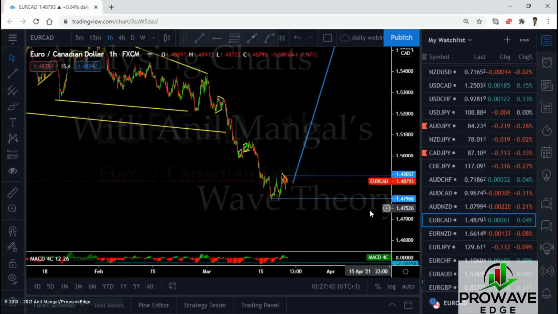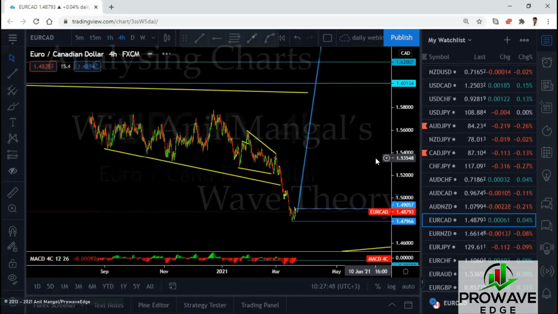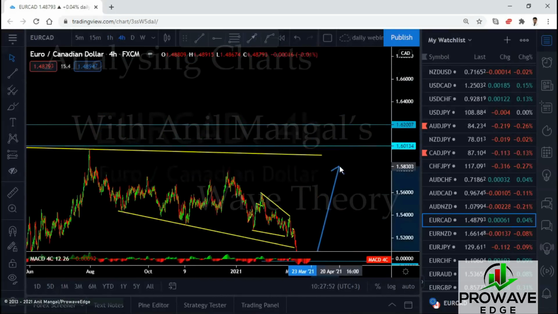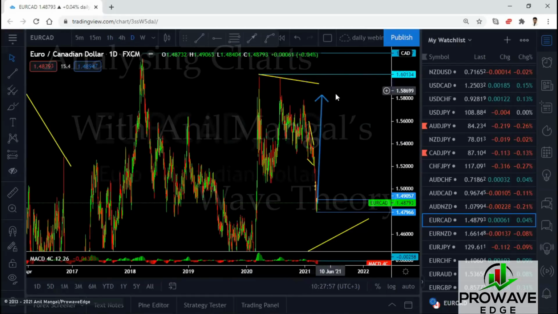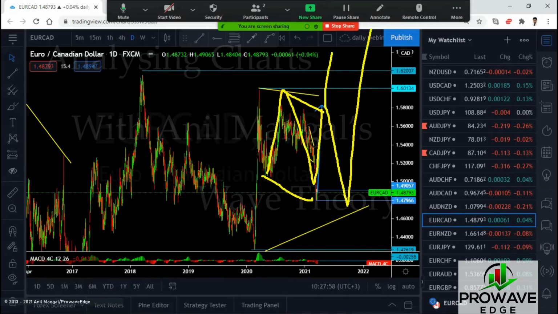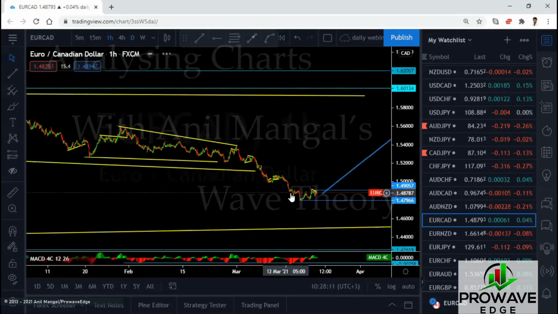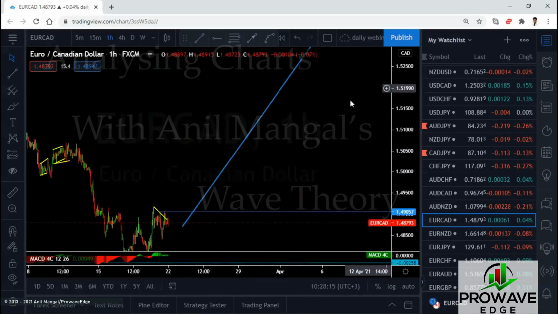EuroCAD, we're looking for the buys, and there's a good chance that this could go really high. You want to focus on that buy setup because it might come to test the top, or they might just come to about this level, depending on how complex this pattern here would be. We made a low. If they're going up totally, that's okay. But if you're making a flat here like this, then you would get 1, 2, 3, come back here and then go. Or this would totally take off. Either is possible. Now, from where will it go? We don't know. Maybe it's going from here, maybe not. But there's a buy setup here to get.